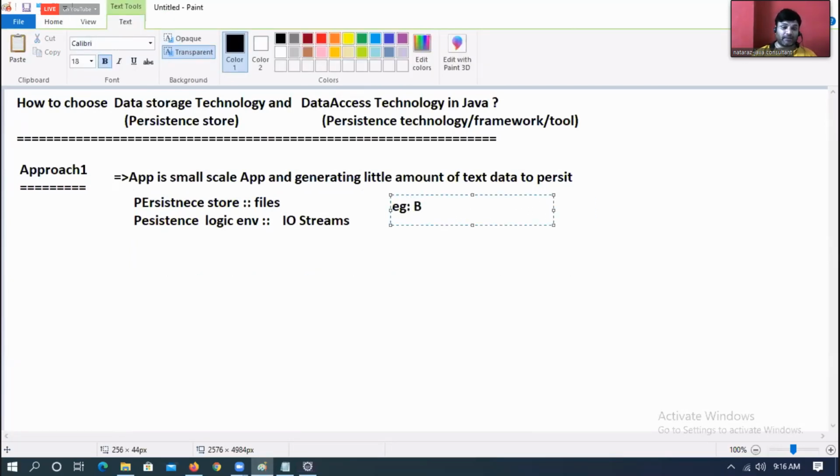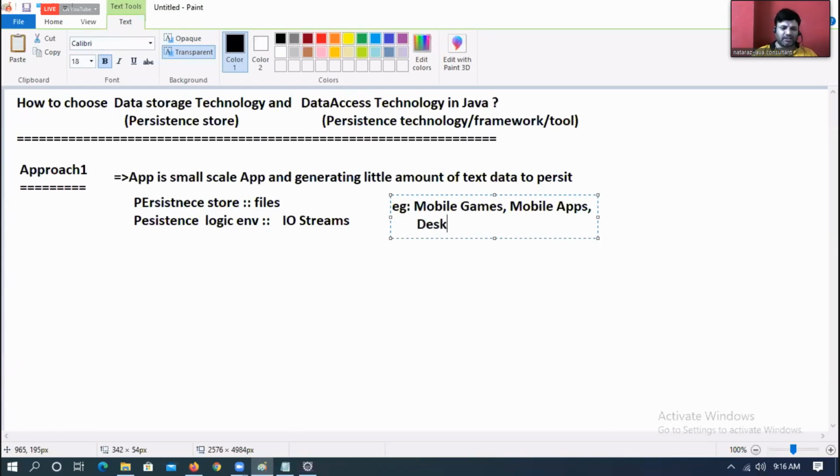Examples: mobile games, Android mobile games, mobile applications, desktop games. I can call it approach one, condition one, scenario one.